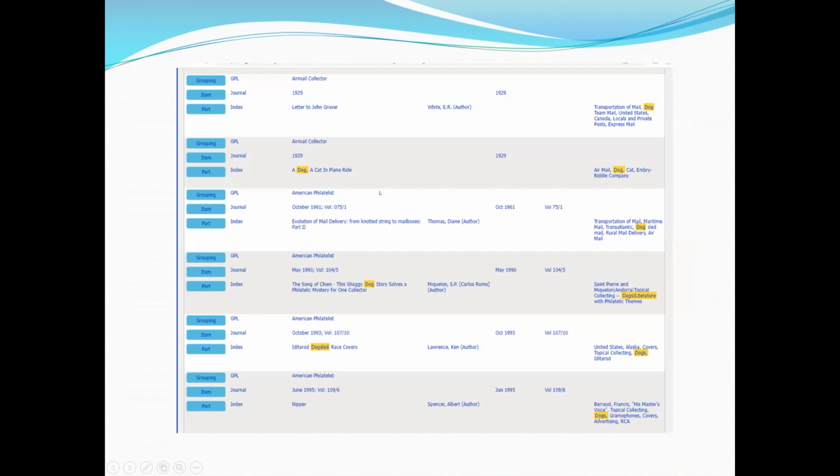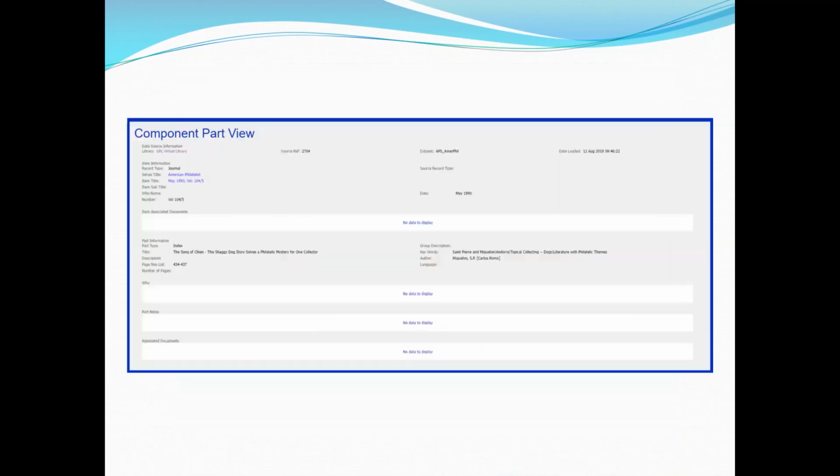So we can see what other people have available. And see here it says grouping GPL journal index. Steve Jarvis, who I think is probably on the call here somewhere, uploads journal indexes to the Global Philatelic Library, and